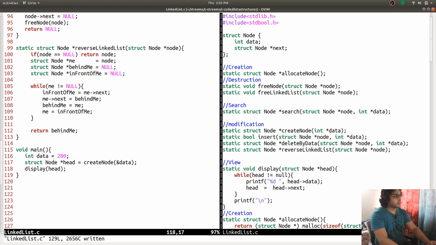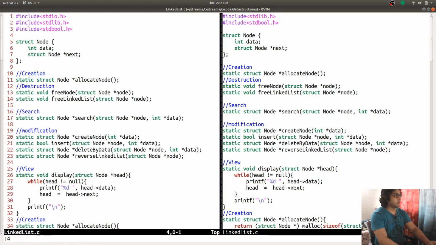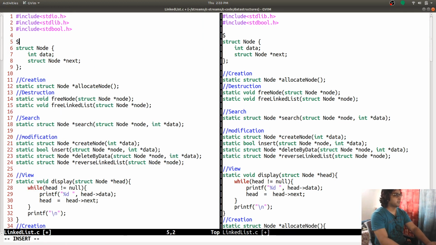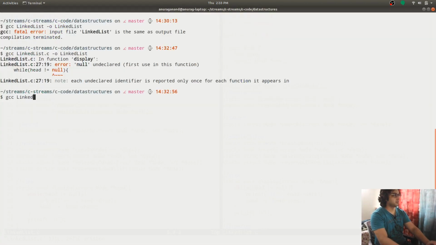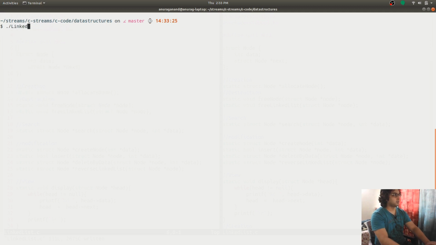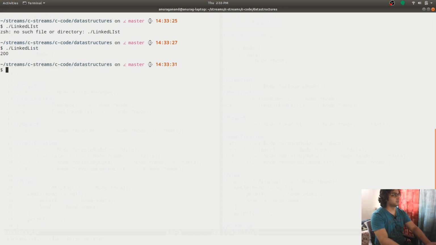So this is some error that is happening multiple times, so I'm just going to define something like define 200.